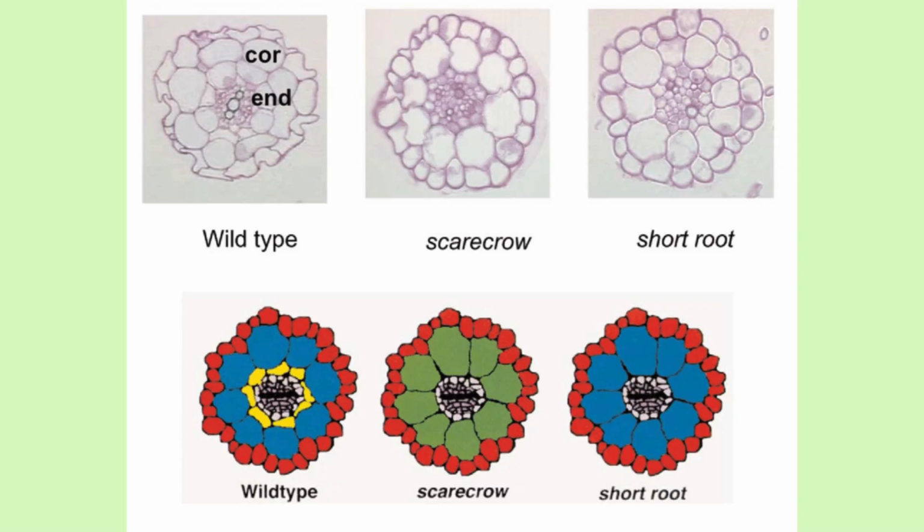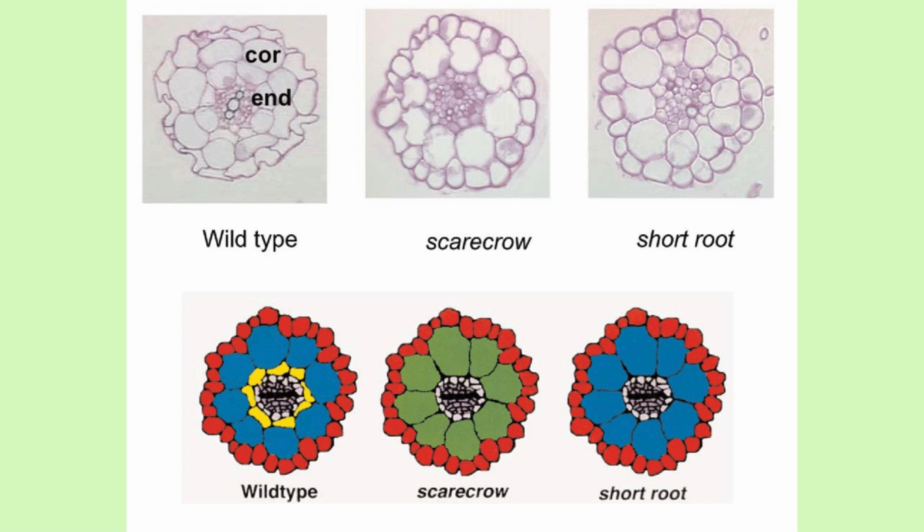Regarding mutations that affect radial patterning, we have scarecrow and shortroot mutations that have noticeable effects on radial patterning. In the wild type, these genes both function in the establishment and maintenance of the radial pattern during and after embryogenesis. They are both necessary for tissue and cell differentiation in the embryo, primary roots, secondary roots, and